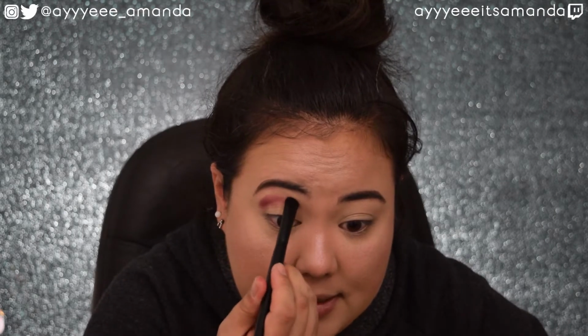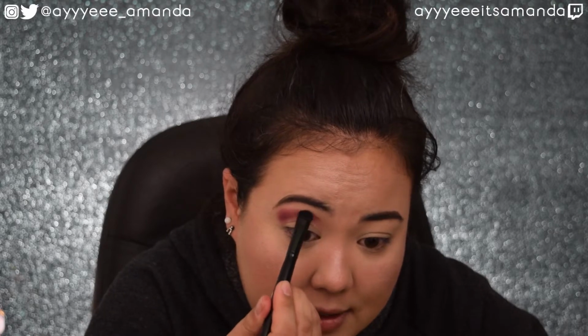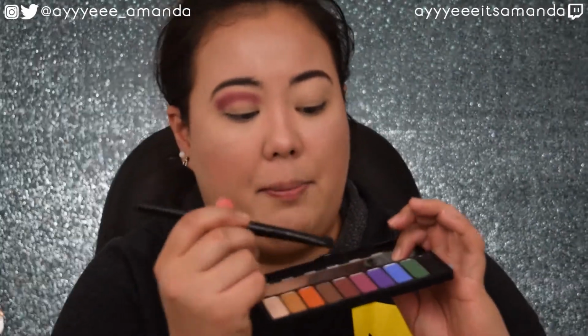I think I'm just gonna do a pop of color on my lower lash. This is very pigmented, super pretty. Packing it on before we blend out. Can't remember if I was supposed to do the dark